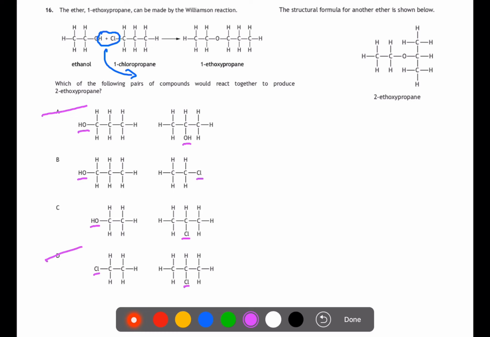If we now have a look at the structure that we're making, we can see that this group here has joined on to the middle carbon, which means that in the chain of 3, we need to have our functional group in the middle to allow this to join on here. So we've got two options that we could join together. If we took B, then we would simply join the 2 carbons onto the end of the 3 carbons as we have in the first example. If we took C, then the H and the Cl can be removed and then the O can join on to the middle. So if we draw this out facing the other way,